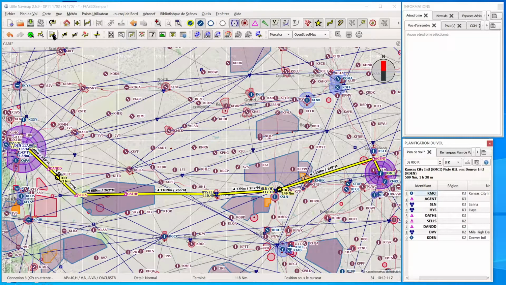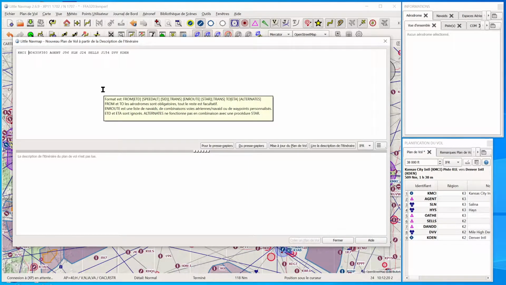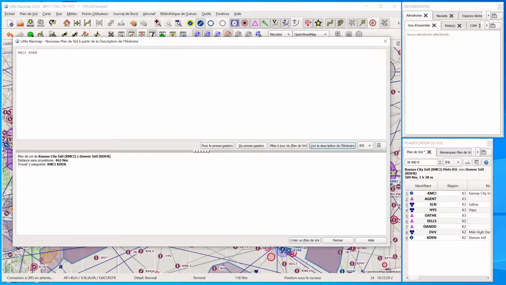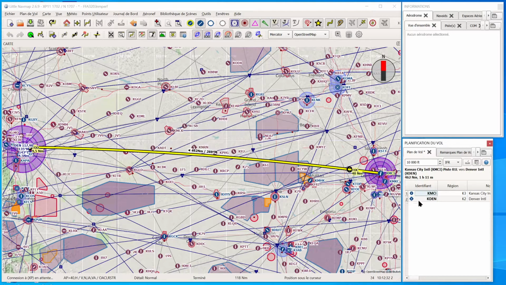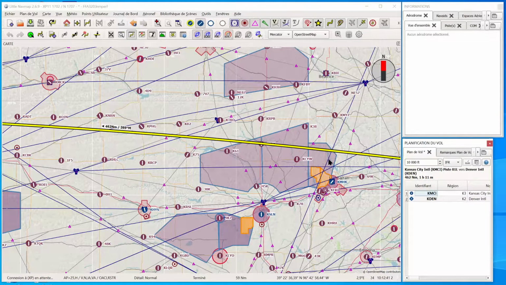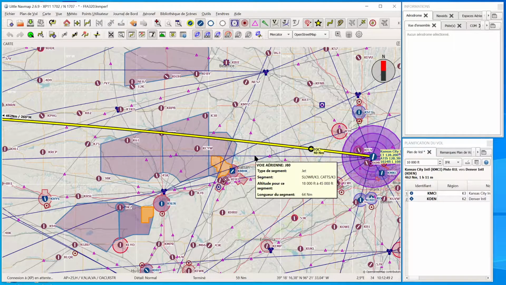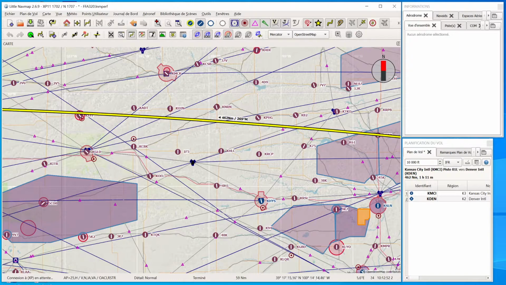Second method that I prefer, you do the same. You start by just selecting the two airports, Kansas City, Denver. You read the description and you create a flight plan. That again identifies a straight line between the two airports. And then you look for airways in the vicinity and you can see that there is one airway suitable, and that's the Juliet 80. And you see that Juliet 80